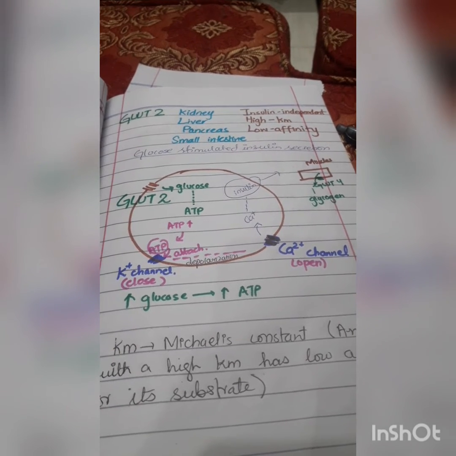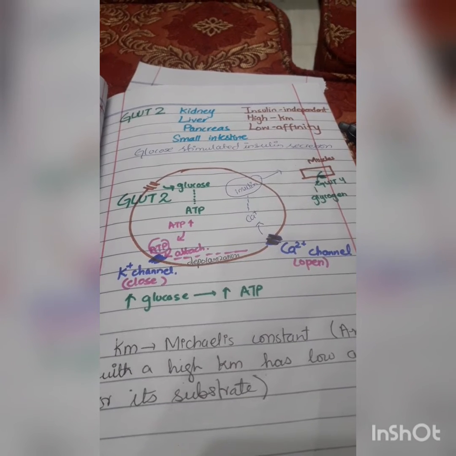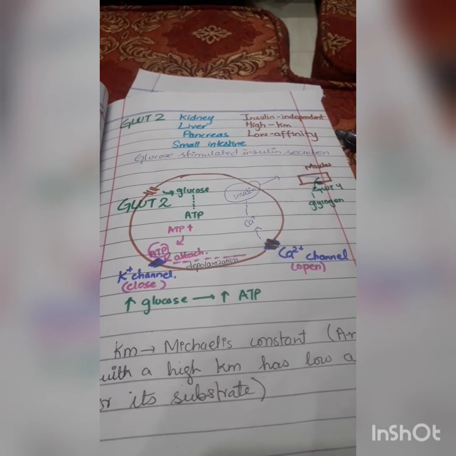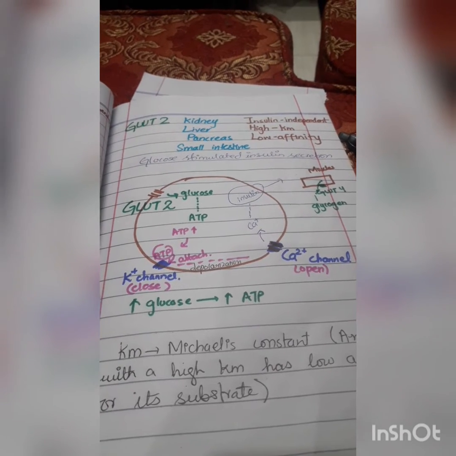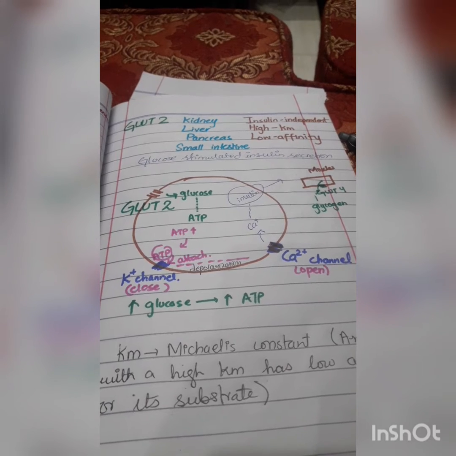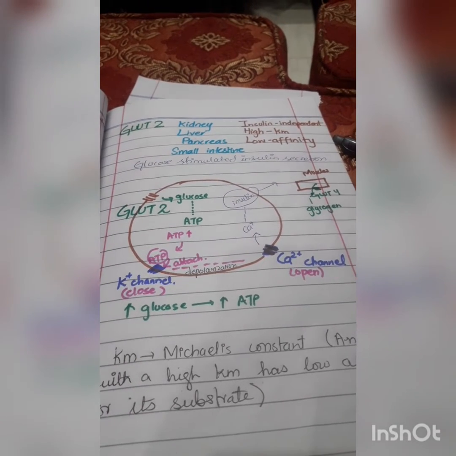When there is a high concentration of glucose, a high amount of ATP will be produced, and hence ATP will bind to the ATP sensitive potassium channel, and it will cause depolarization and close the potassium channels. Calcium voltage gated channels will open, and calcium enters the beta cells and causes exocytosis, and insulin enters the blood